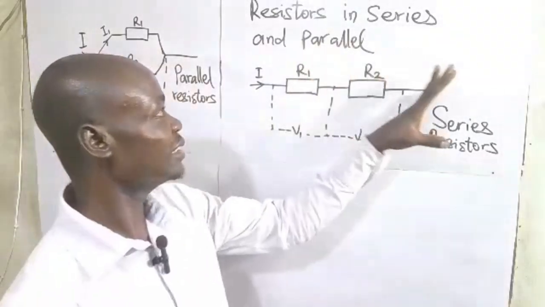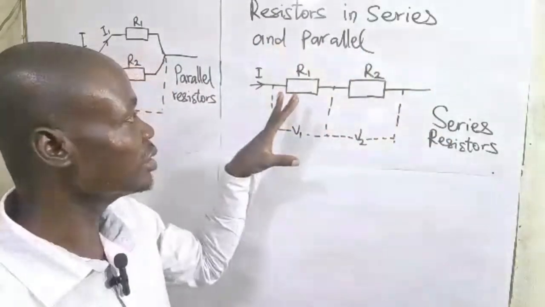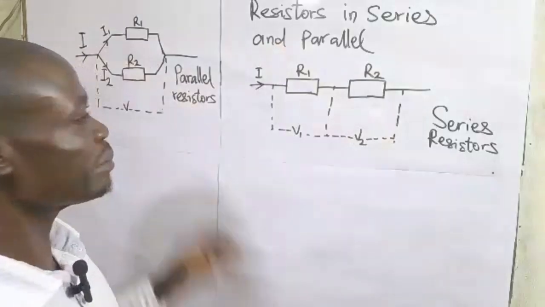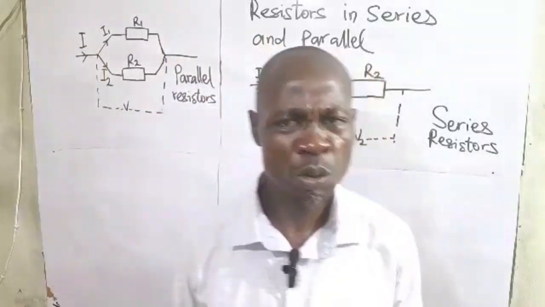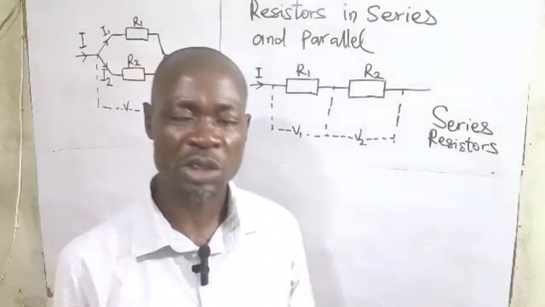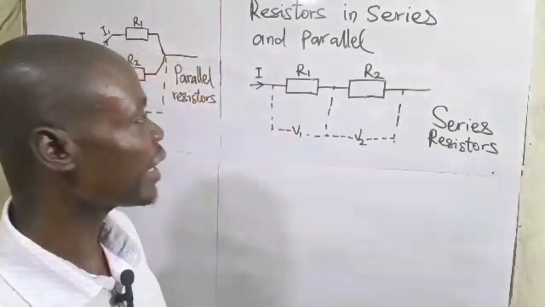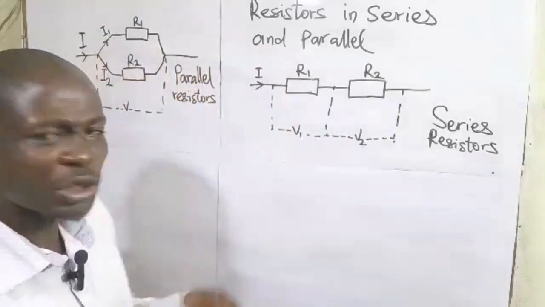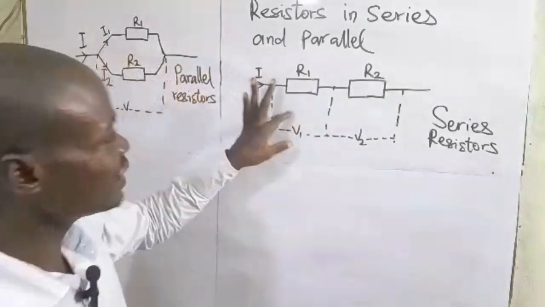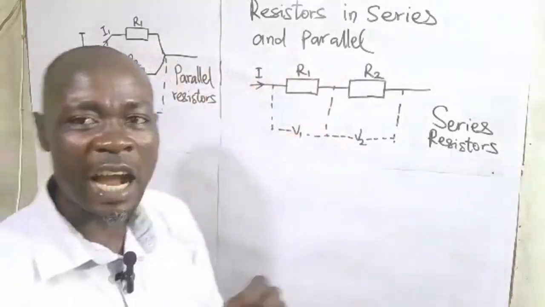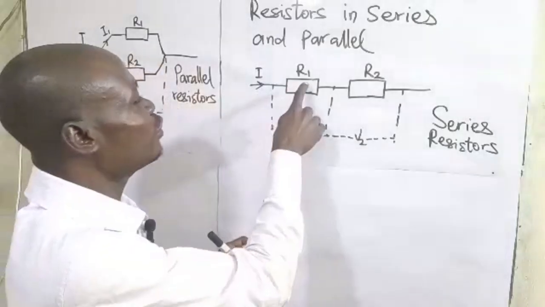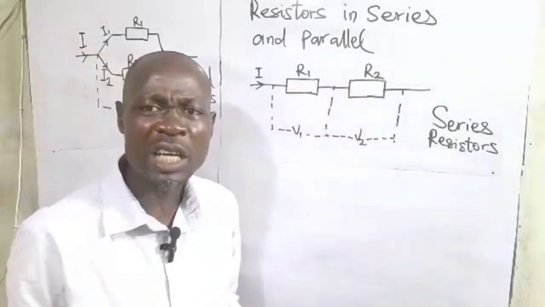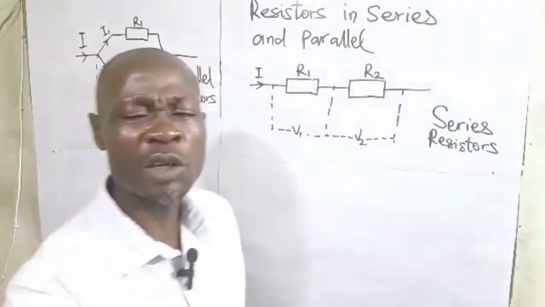Okay, so this is resistors in series as well as parallel. So we are going to look at the equivalent resistances or the net resistance of resistors in series as well as the parallel resistor. So just like the cells, we can see the arrangements here that they are connected end to end. So that means that when a current flows from this resistor to this other resistor, the same current